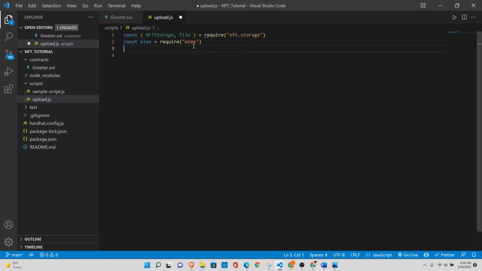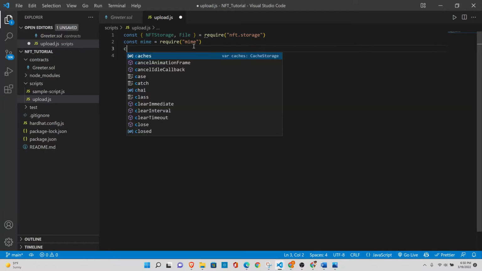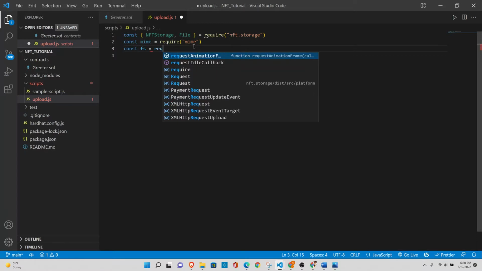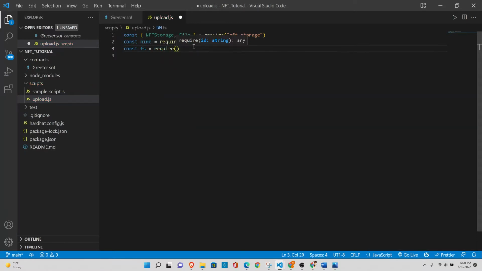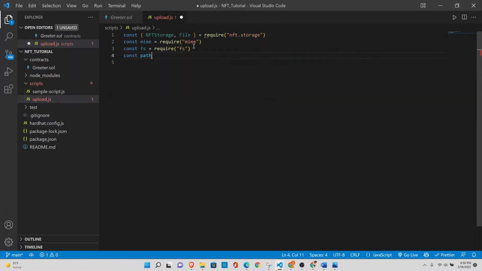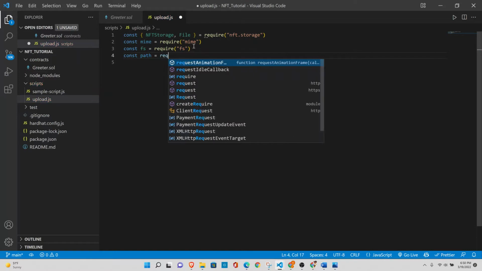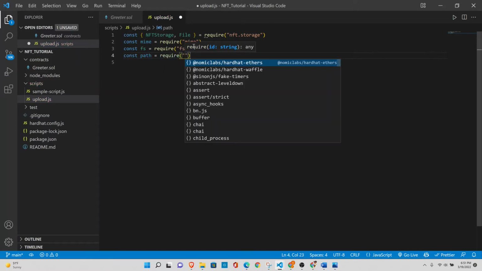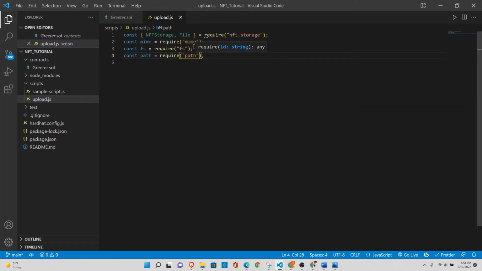So next one is the built-in file module from Node.js. So const fs = require fs, and one last for the path manipulation, we would require path. All right, so the next step is const nft